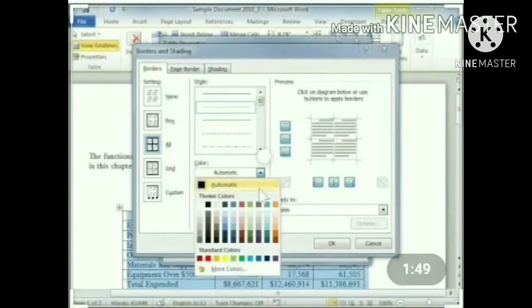Editing shading in the table. To add shading, follow the given step. First, click in the table on the cell you want to shade. Second, click the Design tab. Third, click Shading from the table style group. A drop down menu appears. Fourth, select and click the color of your choice to get the required result.